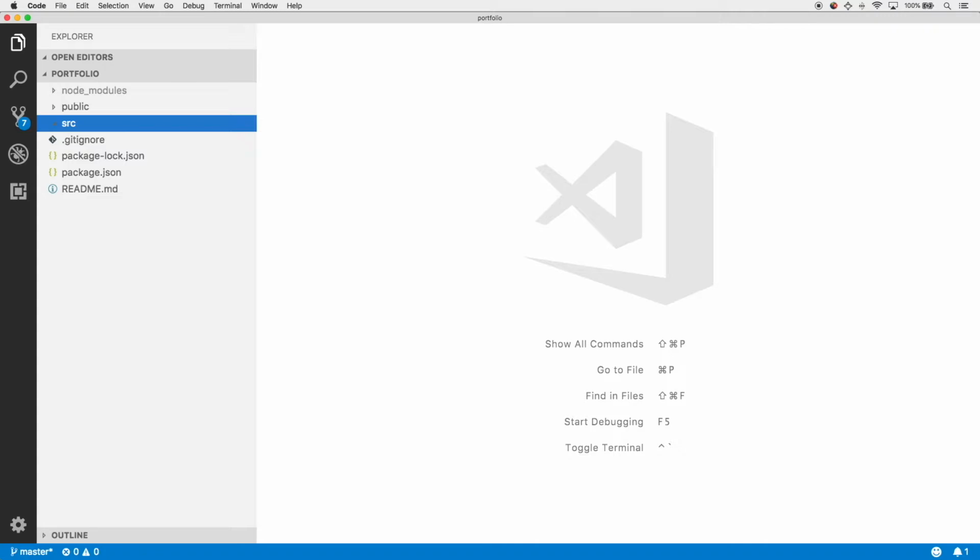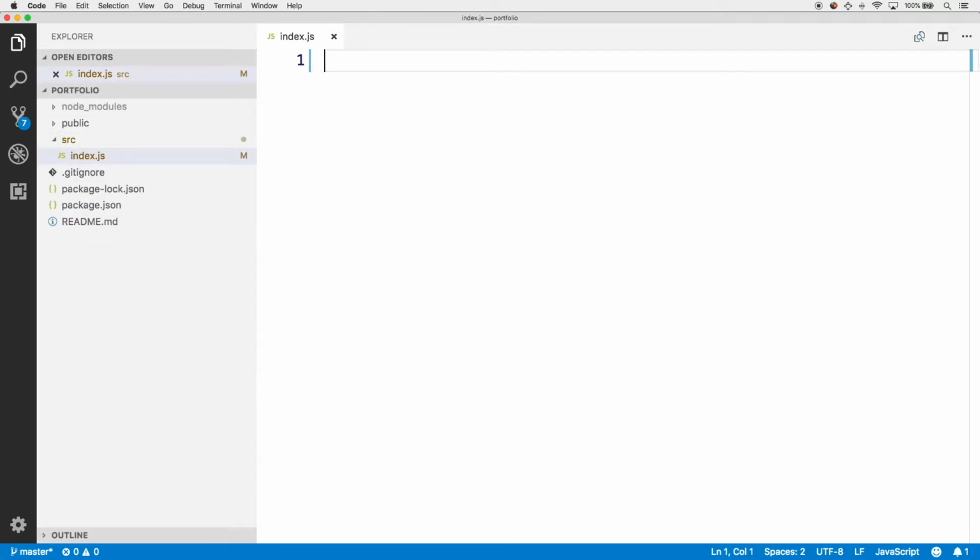Now, personally, I think default.js or main.js would have been a more clear name for what the index.js file actually does, but index is okay as long as you remember that it's the convention for the default file of a JS project. So make sure you have source index.js. Within here, we're going to recreate a lot of the JavaScript code that we just blew away within the original create React app source index.js file. But now rather than reading the code, we're going to be writing it ourselves, which is a way better learning